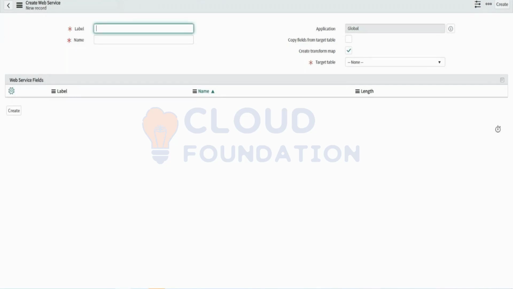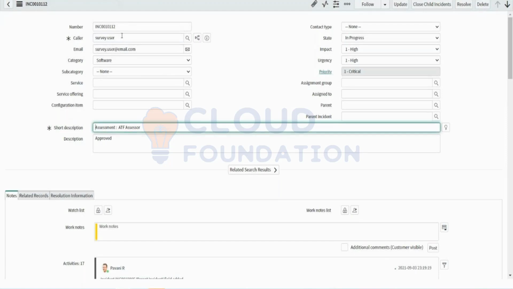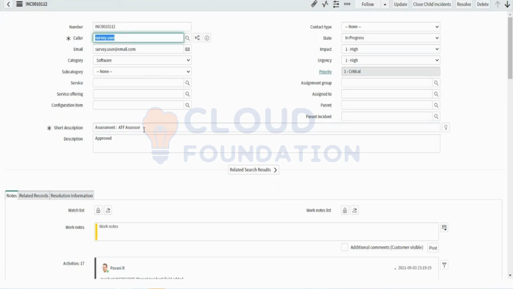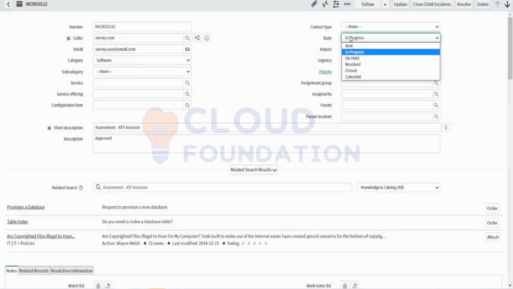Now, before creating new, there have to be certain details that even the third party app admin should give before creating the incident, right? In my case, I will consider caller, short description, and state. State should be New while creating the record. These are the mandatory details, at least the bare minimum that we need to have. Or even if you want, we can put a category.